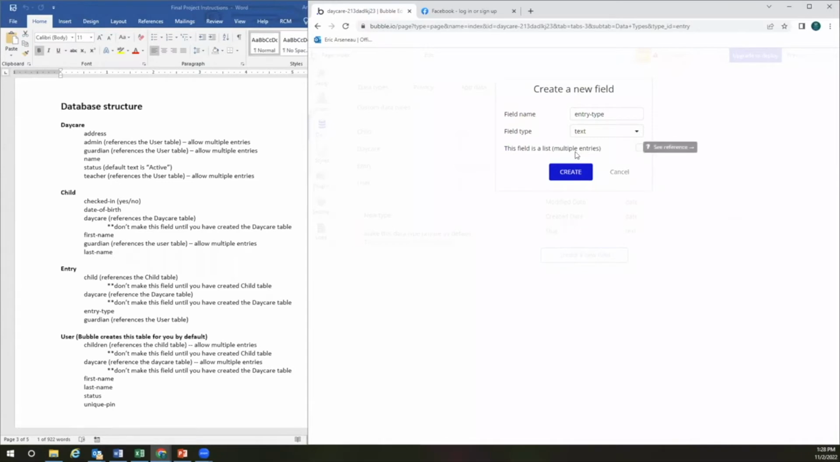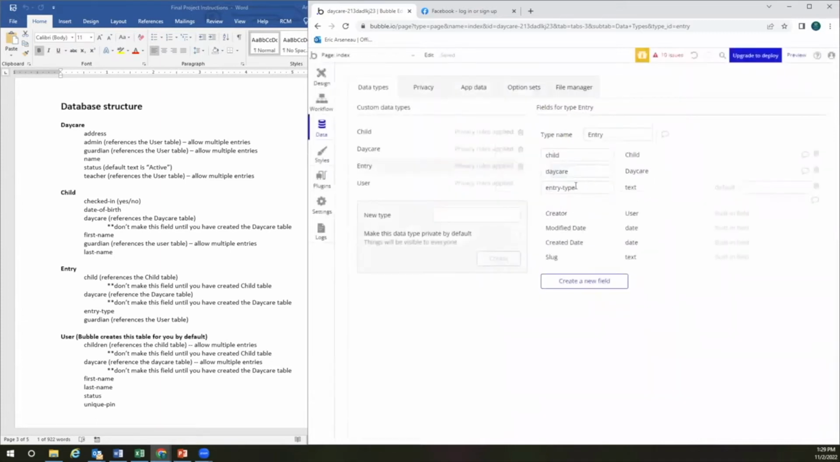Now, I know it may be tempting to think that this would be multiple entries, but remember, there's only one entry type for each entry. Either the child is checked in, they checked out, or they had a planned absence. We're not allowing there to be two check-ins. If you were allowing a check-in and a check-in on the same row, then this is why you would select this, but we don't want that to happen. And you'll see that more clearly here in a few minutes. So entry type text,